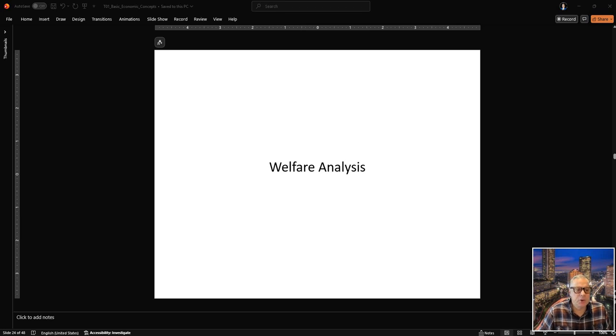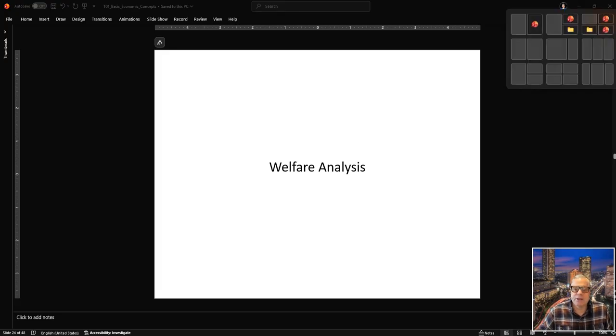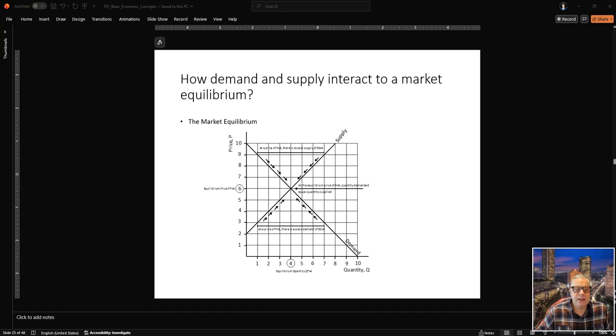Okay, let's continue with welfare analysis, which builds upon demand and supply analysis and introduces the new concept of welfare. And welfare analysis is one of the most important, if not the most important tool to analyze public policy. So let's start with the market equilibrium. So we have demand and supply. And you can see here such a market equilibrium,